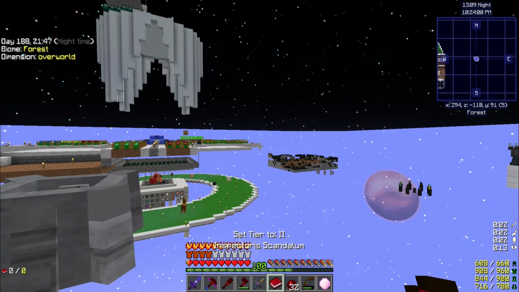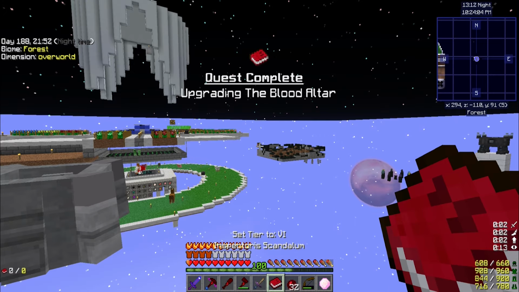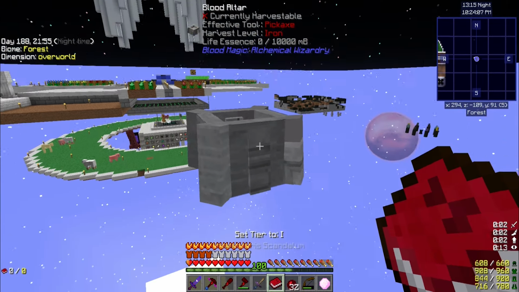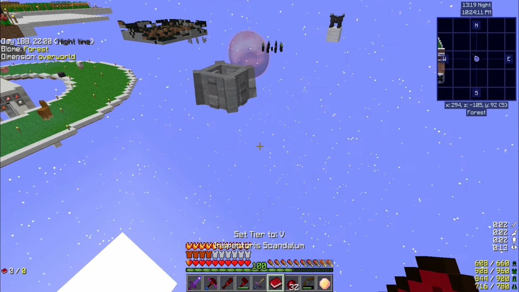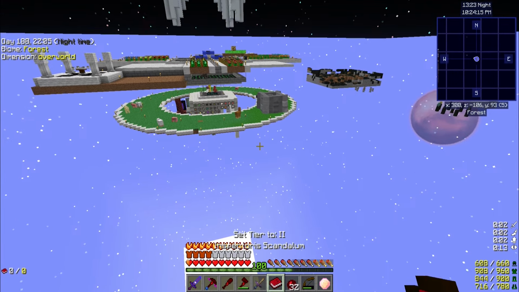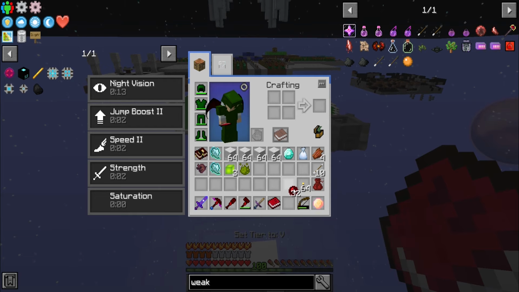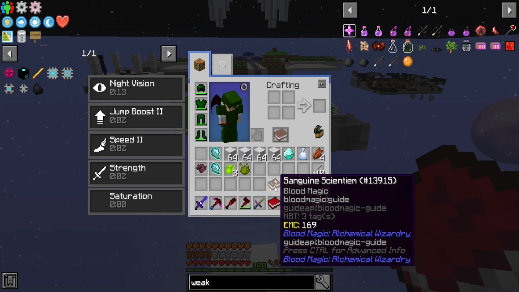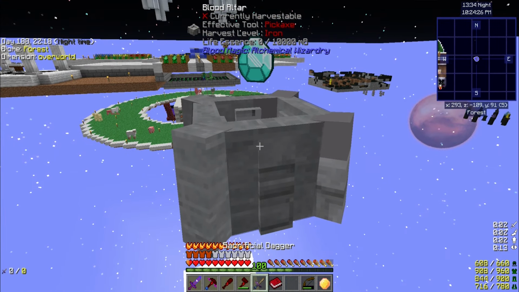Bam! But now we have the book. And it's going to tell us set to tier 2, tier 3, tier 4, tier 5, tier 6, tier 1. So how do we, like... It's supposed to show us, I thought, but I don't know how it actually works. Maybe the other book actually tells us in here somewhere. I don't know. We're going to go ahead and get our Blood Orb, though. If we put this guy in here and just kind of...